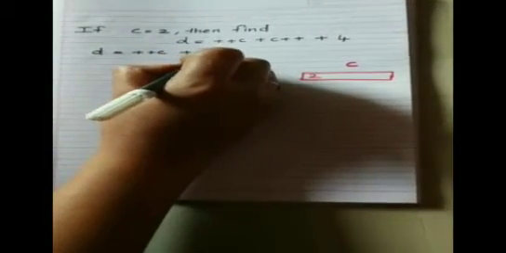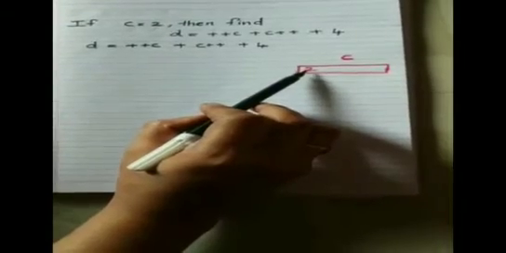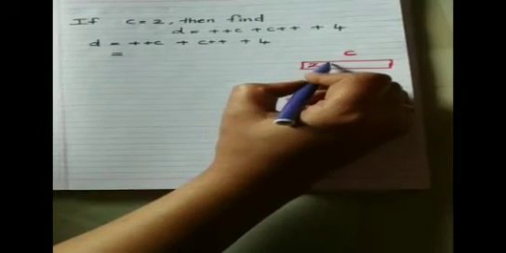So we'll solve the equation. D is equal to ++C + C++ + 4. So you know C value is initially 2 that I have written here. So ++C is a prefix. So prefix means you have to change the value before action. So I am changing the value, that is 2 will become 3. So that value I will be taking here.